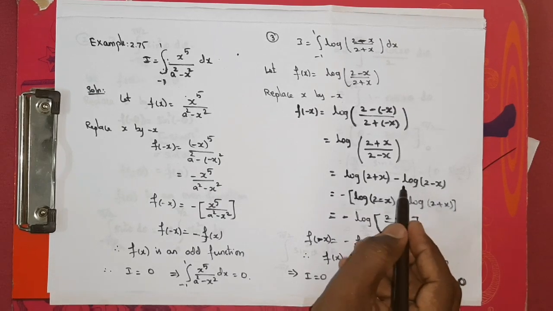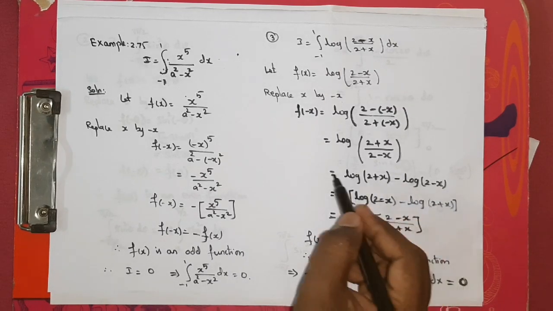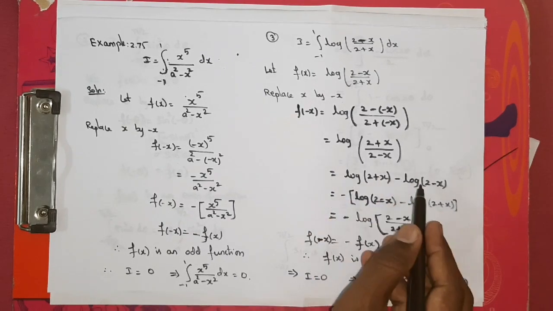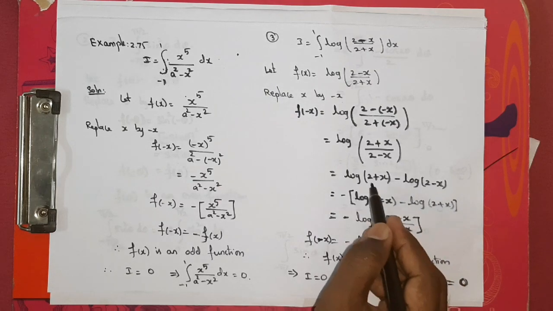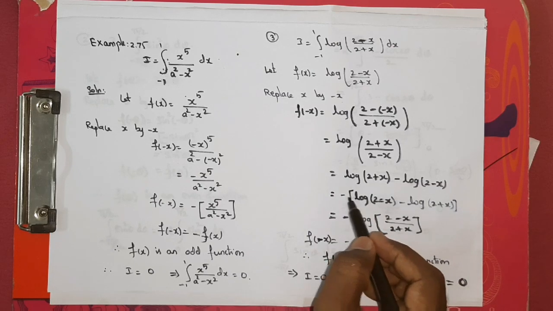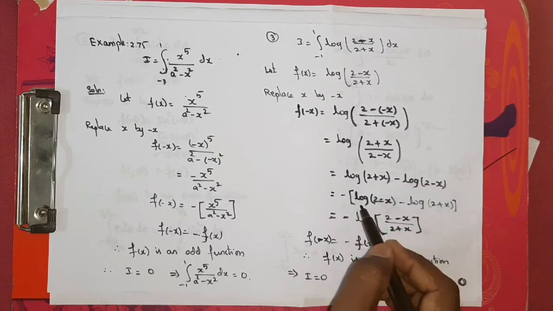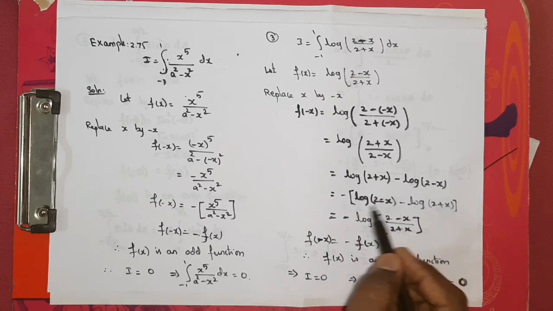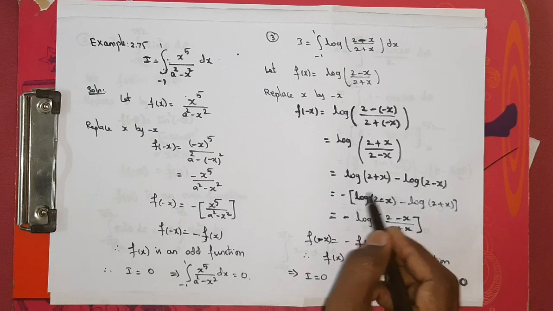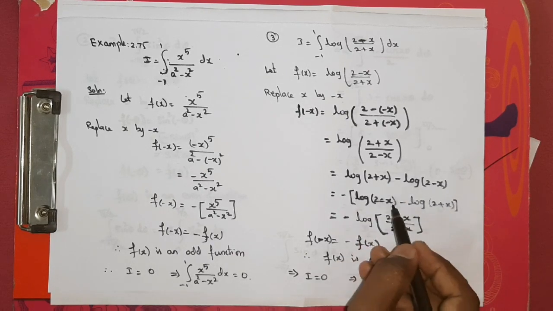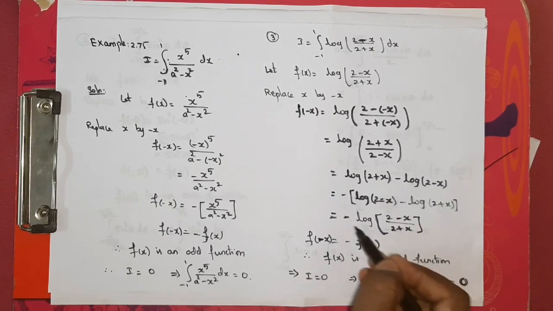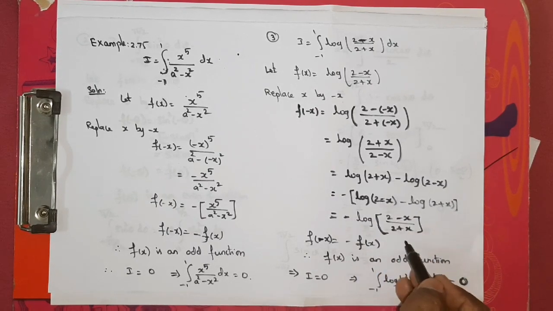Now I'm going to take one minus whole from this term as well as from this term. When I take minus from this term, it will automatically become positive. When I take minus from this place, then this will become negative. So when I take a minus outside, this will be in the front and this will be at the back. So log of 2 minus x minus log of 2 plus x. Now this part, does it look like log a minus log b? So we can write it as log of a by b. So minus log of 2 minus x by 2 plus x.